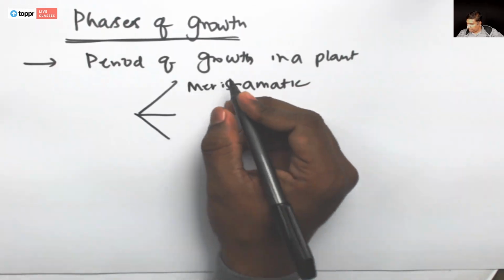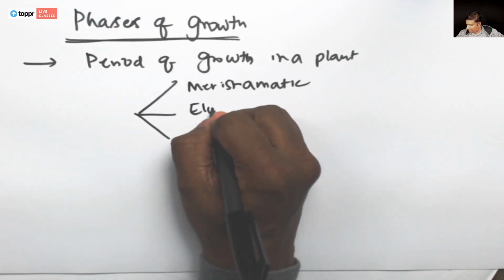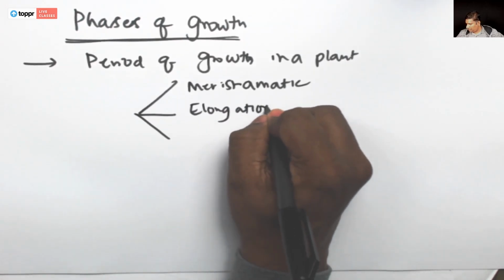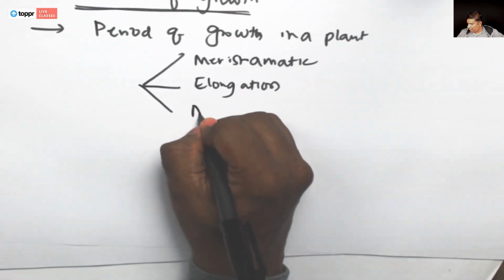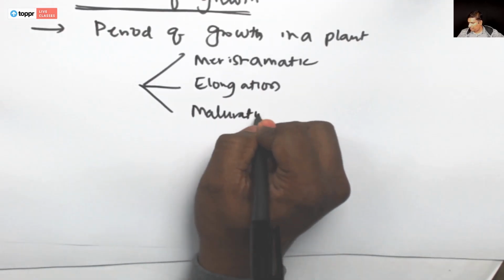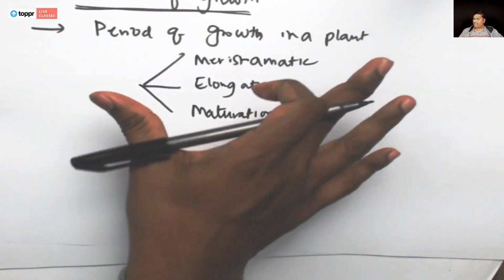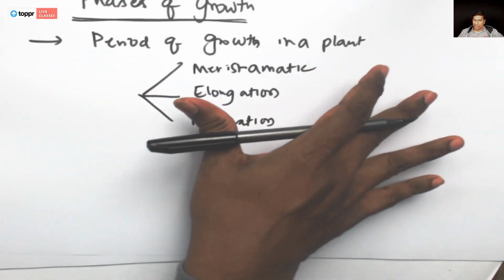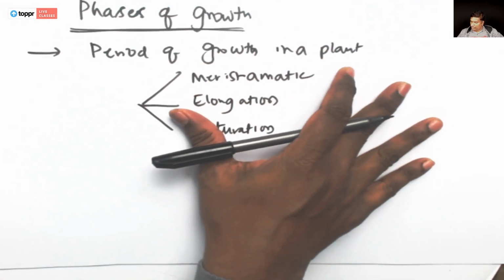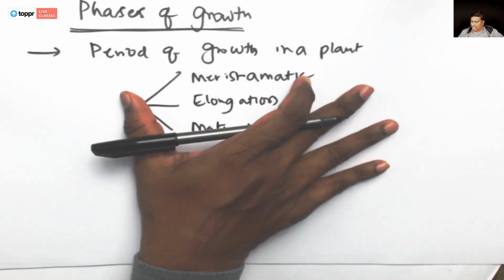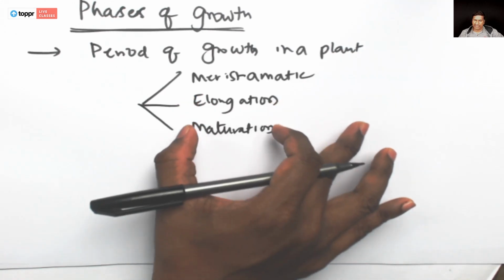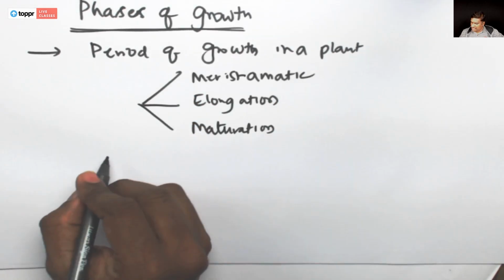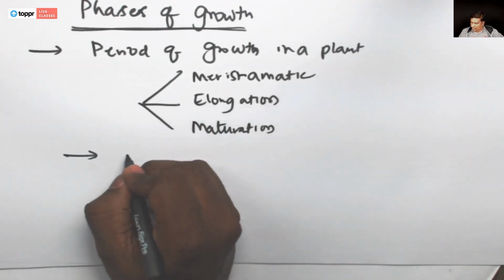Then we have the elongation phase, and finally we have the maturation phase. Okay, the growth phases, you will find three different kinds of growth phases in the plants. One is the meristematic phase, the elongation phase, and the maturation phase. This can be well explained if we take the